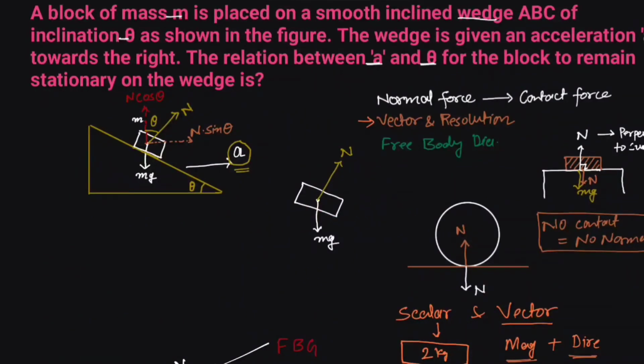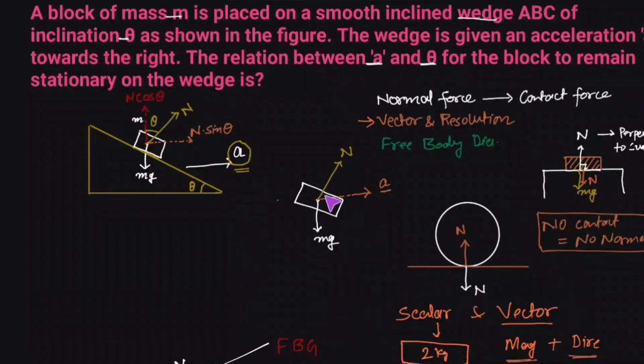It means there is a net acceleration to the right. There is a net force to the right. The block is moving to the right side with an acceleration of a. It means net force is acting to the right side. We will find it out. No movement in the upward direction, it means the net force in the vertically upward direction is 0.